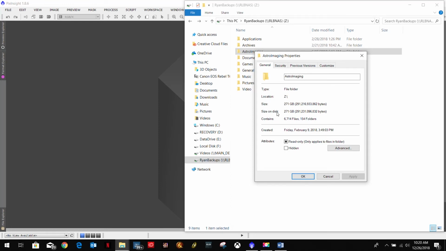Okay, so it's finished calculating, and it says it's 271 gigabytes worth of data just in this folder alone. Could I fit that all on a 1 terabyte external hard drive? Of course I can. But with the NAS, this particular NAS, it's a ReadyNAS